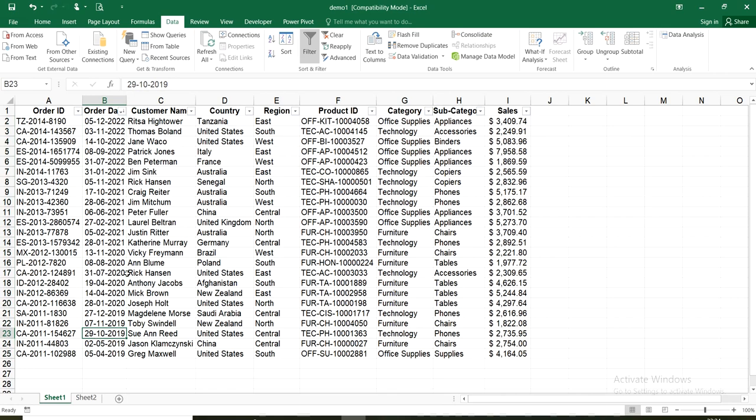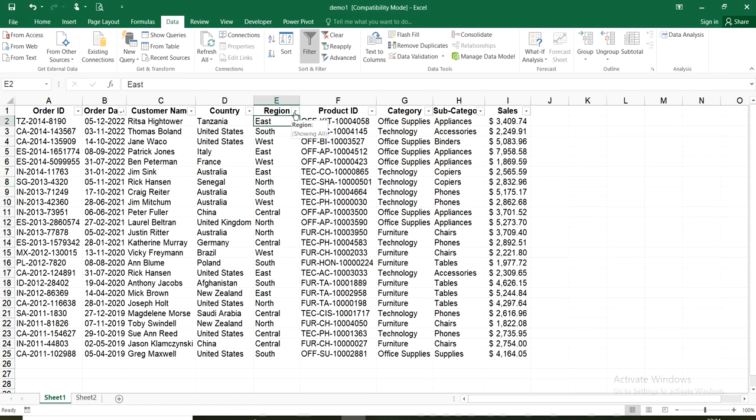The next filtering option will be filtering based on the text available in the cells or columns. So for that we go with the regions column. In the regions column we have different regions like east, west, south, north and even some central. I am interested in knowing about the sales that happened in the eastern region alone.